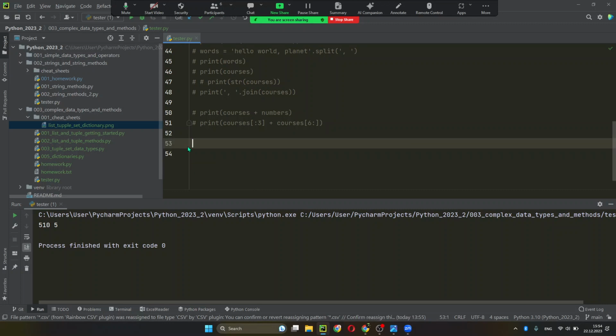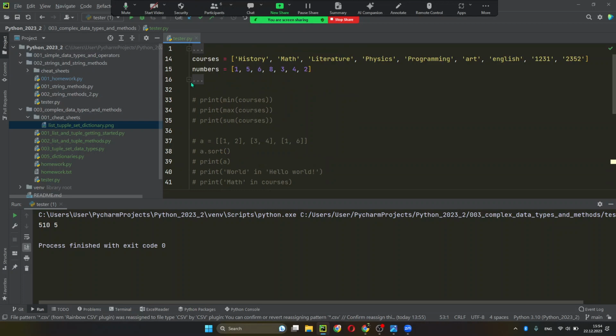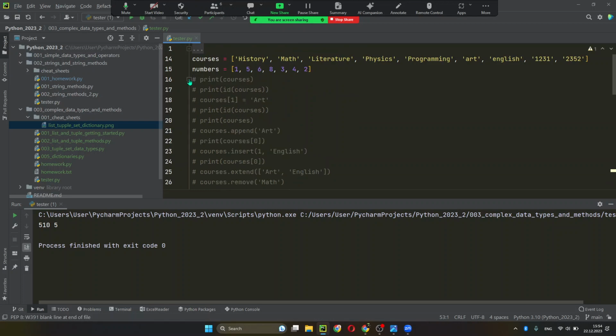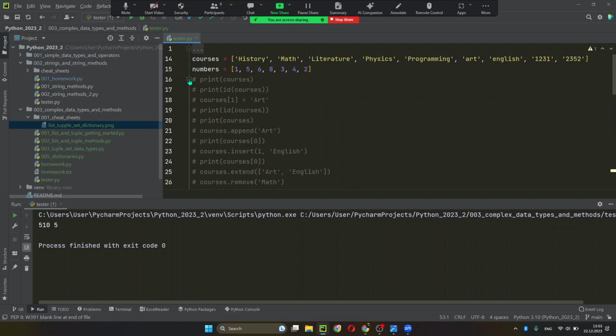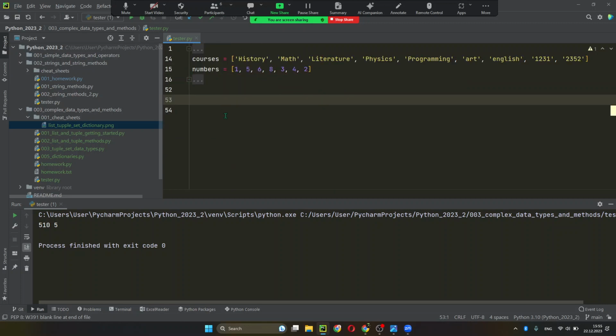What it doesn't work with is lists. So what we have here, we have a result because these are strings. Strings are added one to each other. So we had 5 plus 10 is 510. We work with strings. It doesn't work like that with lists. So if I do courses, let's say courses 2 equals to courses,